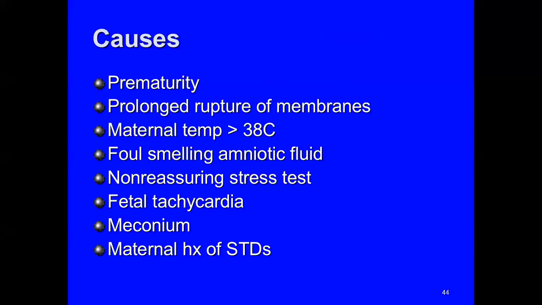There is prematurity. First of all, there is prolonged rupture of the membranes, and also the maternal temperature is more than 38 degrees centigrade, and also foul smelling amniotic fluid. So these are some causes that can contribute to the pathogenesis of the development of pneumonia